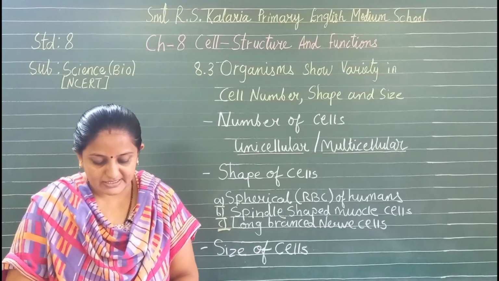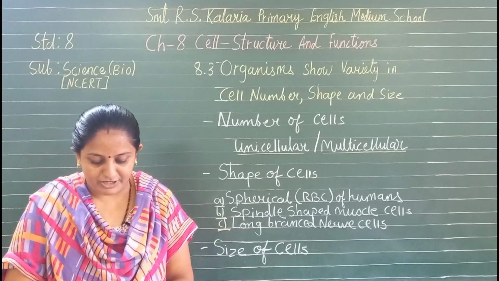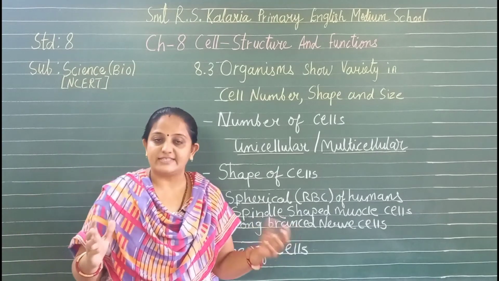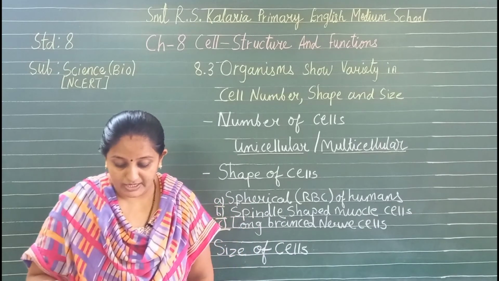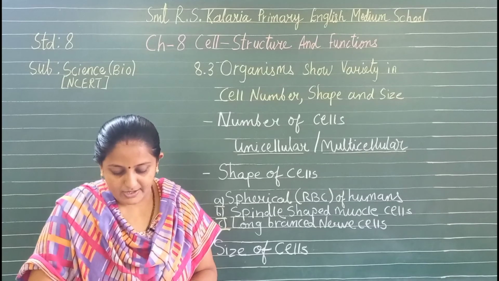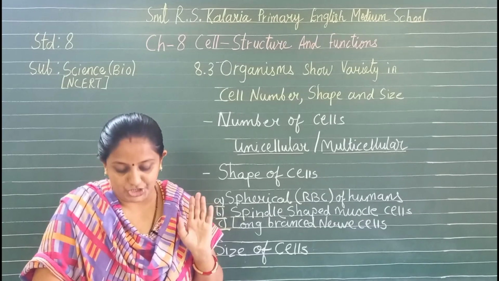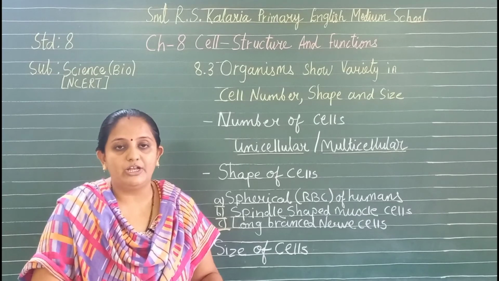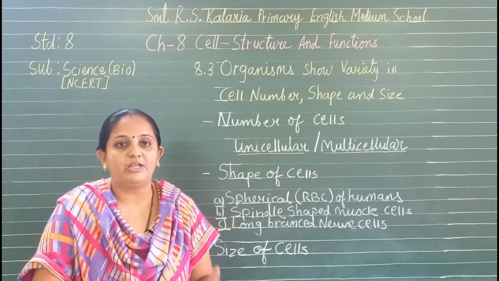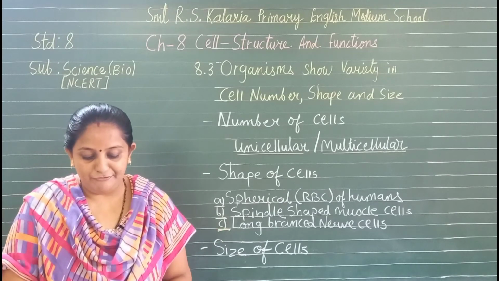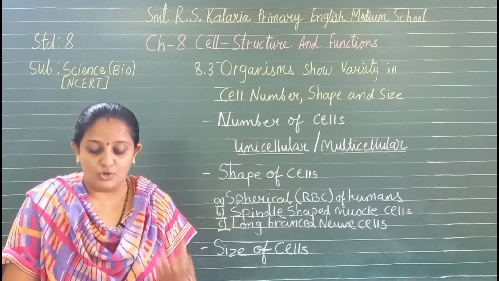Now here Paheli is asking a question: are the cells in the elephant larger than the cells in a rat? We understand that an elephant is big in size and a rat is small in size. Now are the cells larger or smaller? Let's see. The size of the cell has no relation with the size of the body of the animal or a plant. There is no relation between the size of the animal body or plant, isn't it? It is not necessary that the cells in the elephant be much bigger than those in the rat.